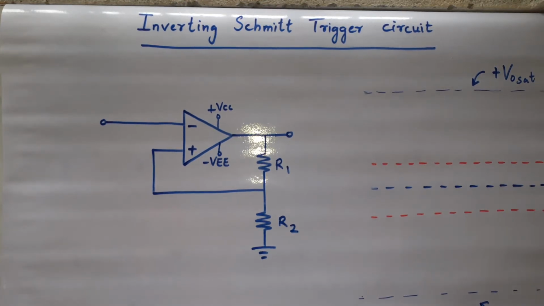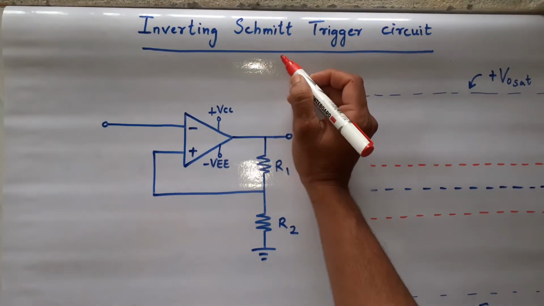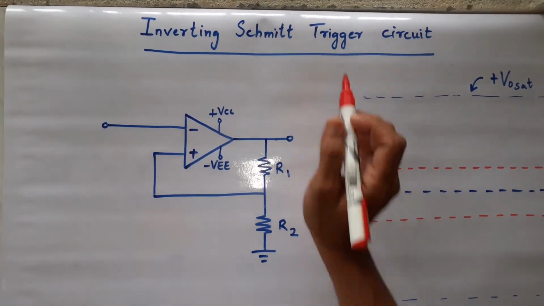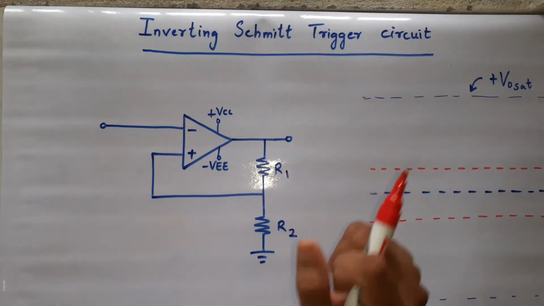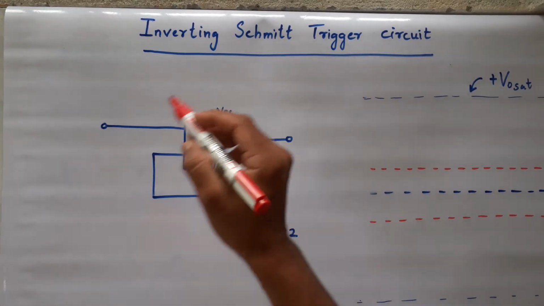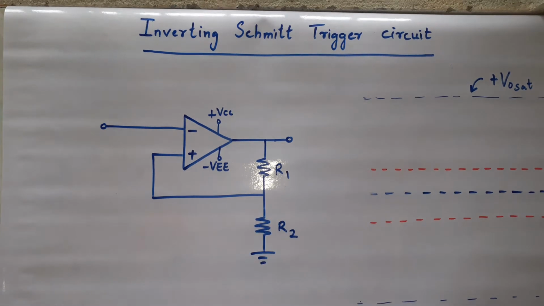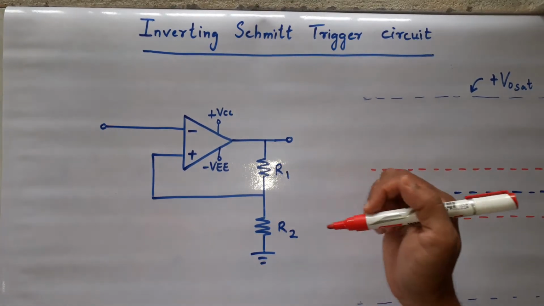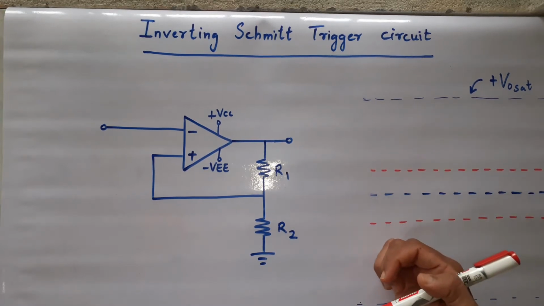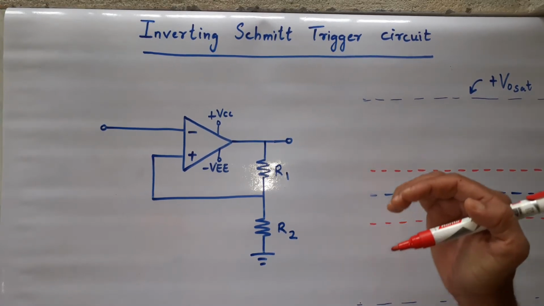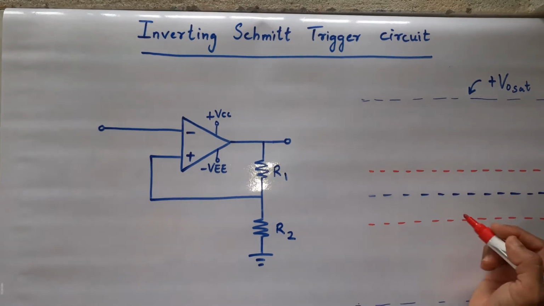Our today's topic is inverting Schmitt trigger circuit. Okay, inverting Schmitt trigger circuit. We call it a Schmitt trigger because this particular circuit will get triggered at two different reference voltages. That is, the positive reference voltage we call it as